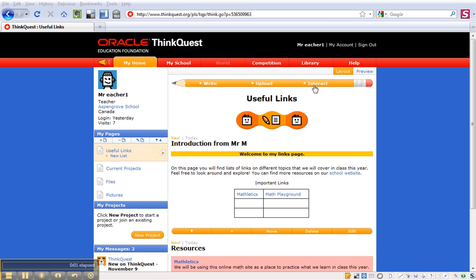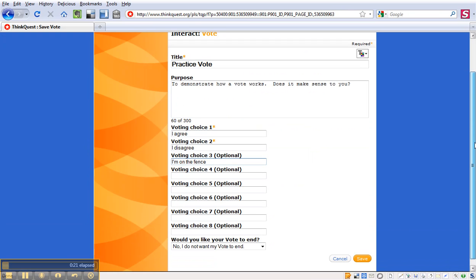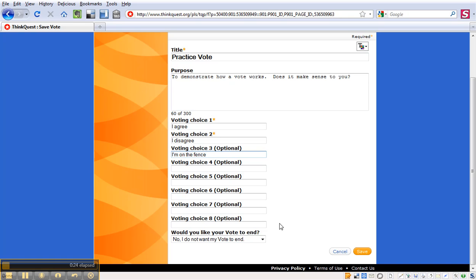The interact tools are a really interesting way to add content to your page and to collect information from your students. We'll make a quick vote on this page to begin with. If you click on vote, it takes you to a page that looks like this. I'll just fill it in for you quickly. So I've filled in a few options for the vote. Down at the bottom here, I can choose if I want my vote to end. And if I click on save,